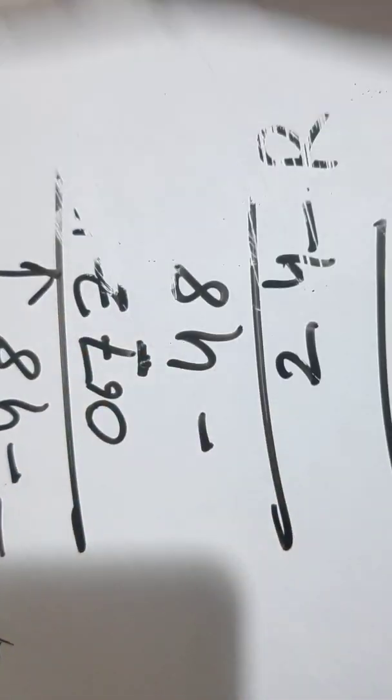So children, I have explained 5-6 sums to you. Rest are your homework. You have to do it yourself. So your today's homework is exercise 5B, question 1. All the parts you have to do in your notebook. Thank you. Have a nice day.